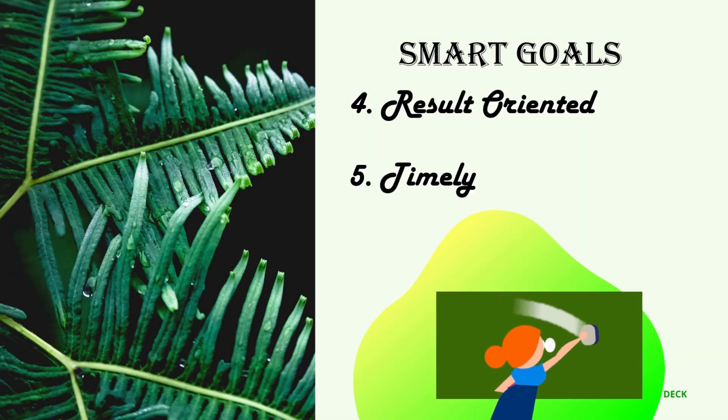Next is results-oriented. Goals should be written beginning with the word "to" followed by a result-oriented verb. Example: to increase, to decrease, to complete. Verbs that imply tactics used to accomplish goals should not be used. Example: to implement. Number 5 is timing. Goals must specify the target date or deadline by when it should be attained. It should give a time frame to execute the action.